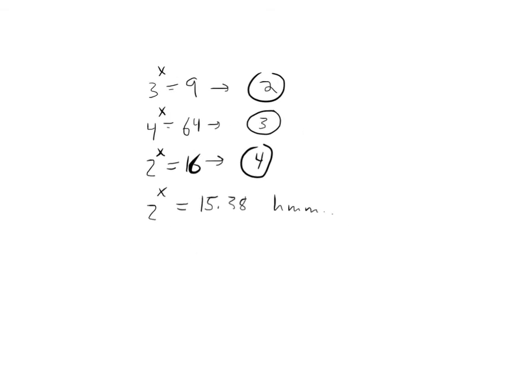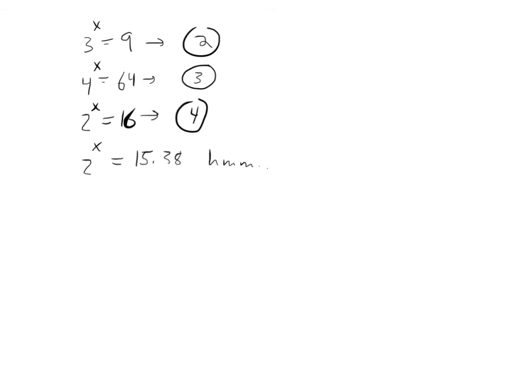So what we first want to do is to develop a notation that allows us to solve for x. Basically, I want to take this expression here, 2 to the x equals 15.38, and develop a definition to say x equals something. And the way we're going to do that is we're defining a notation. Note we're solving for an exponent here. In our original expression, 2 to the x equals 15.38, x is an exponent. I'm solving for that exponent, and I'm going to write the exponent as logarithm, base 2,